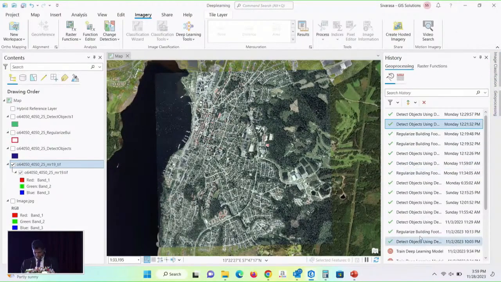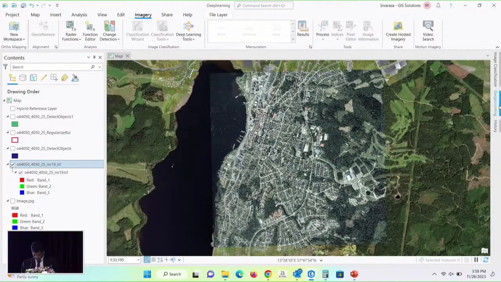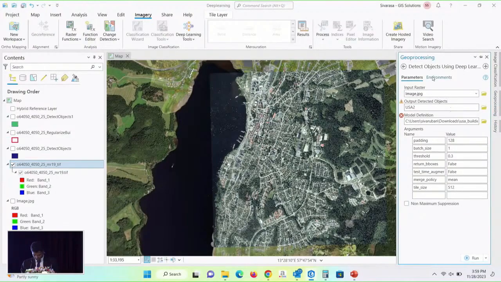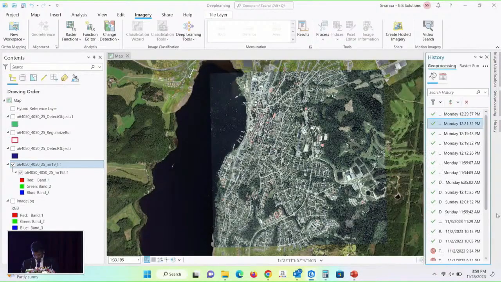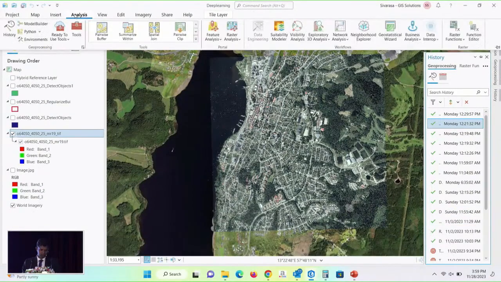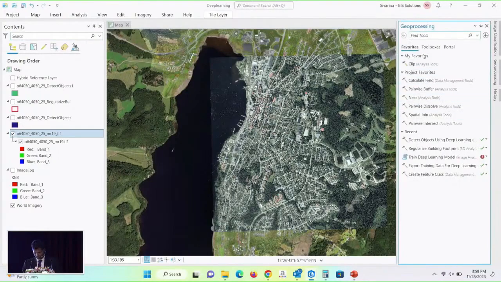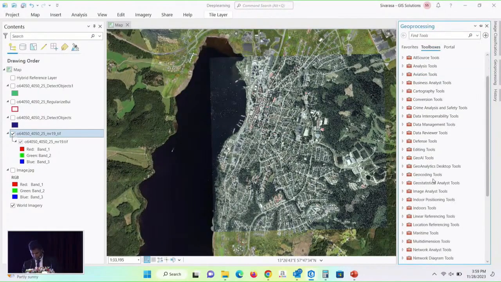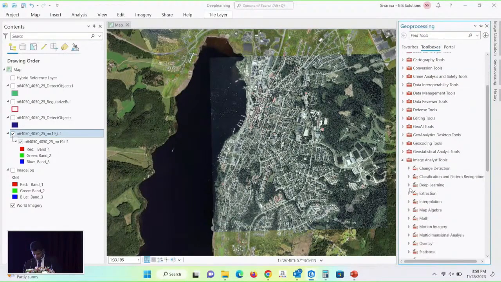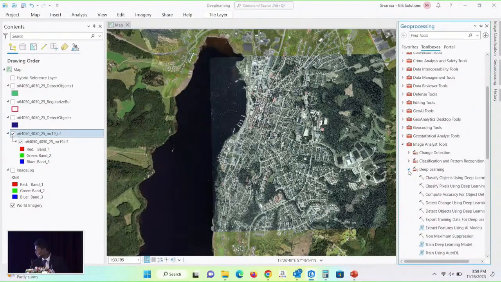So that is also under this image license. See, under this one, you can see the deep learning.